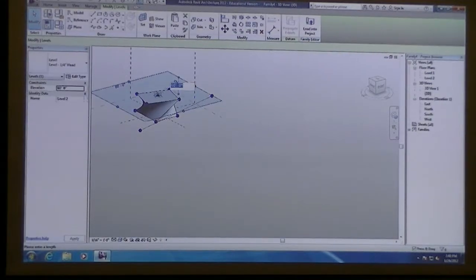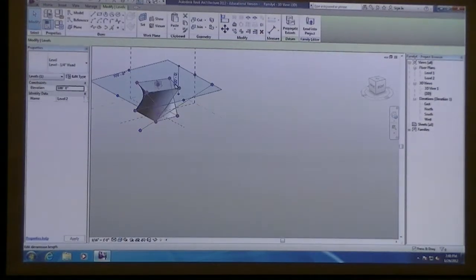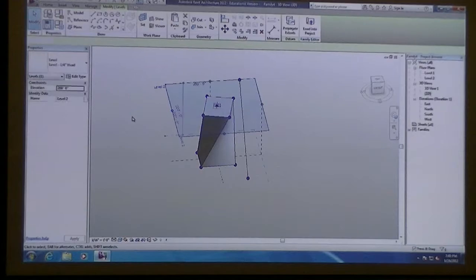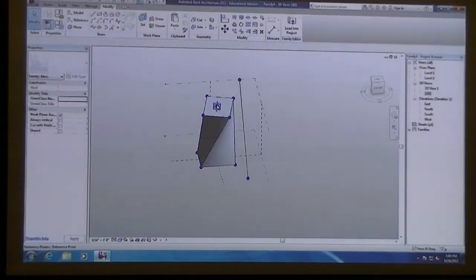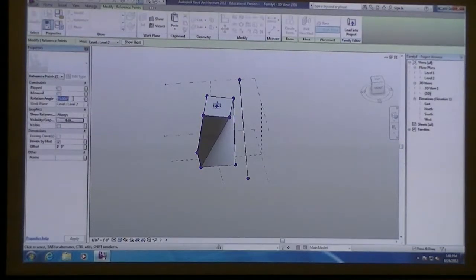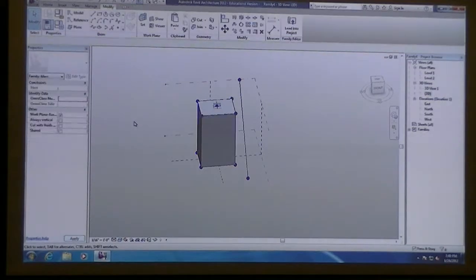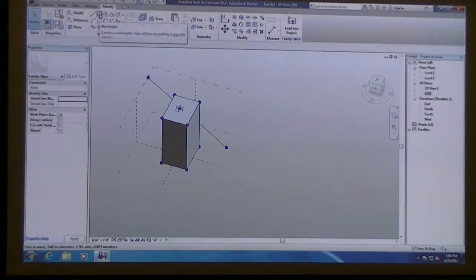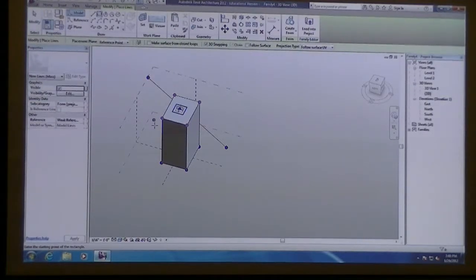Let me go to this void real quick. Voids are a little bit tricky because they disappear after you create them. And so if you want to make them parametric, I'm going to take the twist out of my tower for the moment. What I normally would do is create a form.